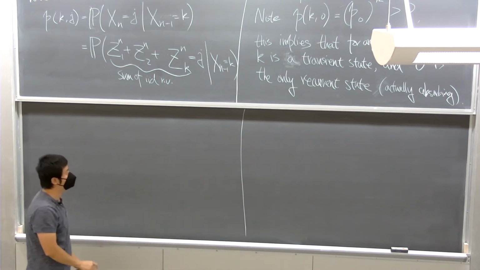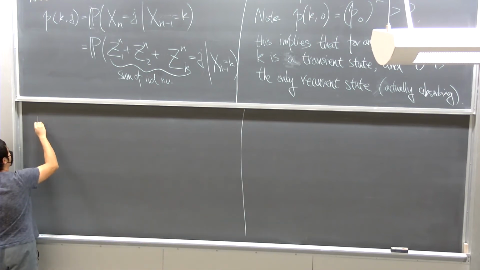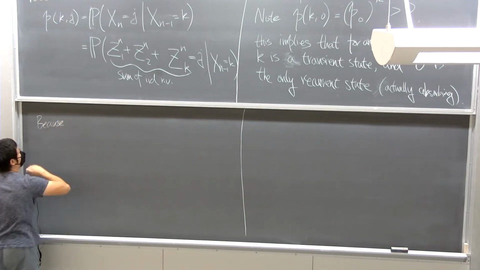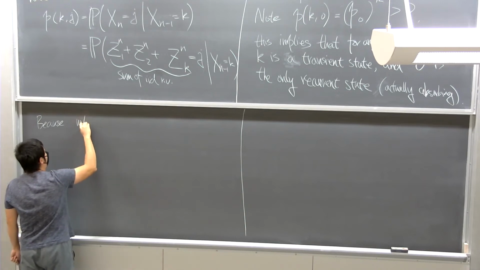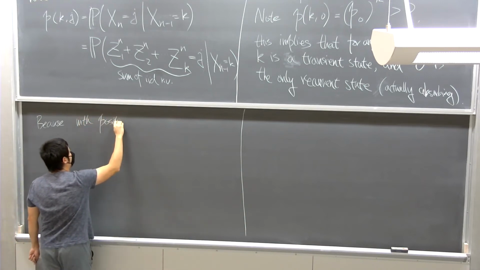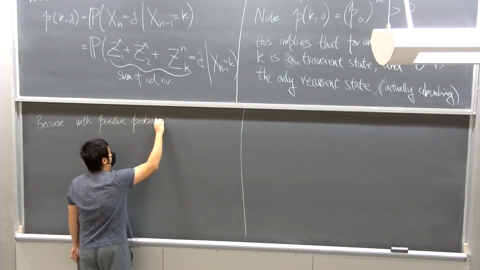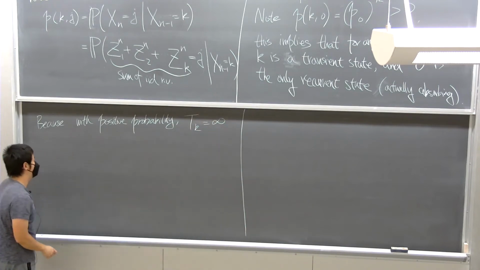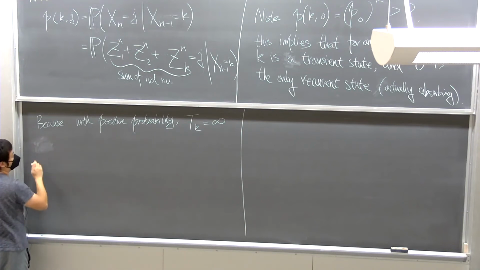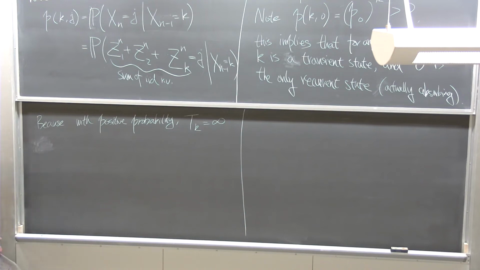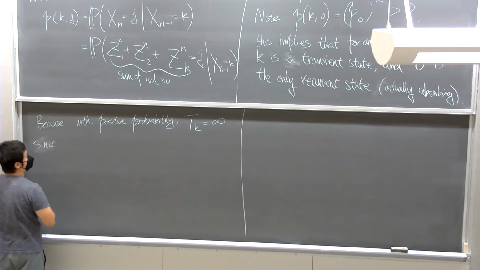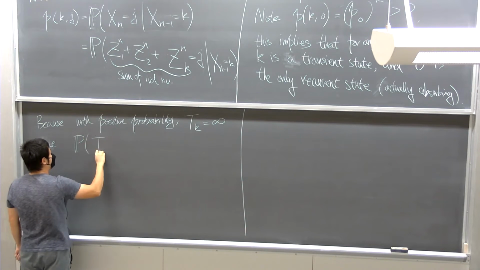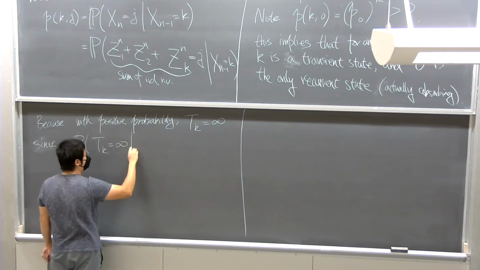It's because, I'll just write this down, with positive probability we would have T_k equal to infinity, right? And the reason that with positive probability T_k will be infinite is because with positive probability we can go to 0, and once we go to 0, we can never come back to k, right? Because